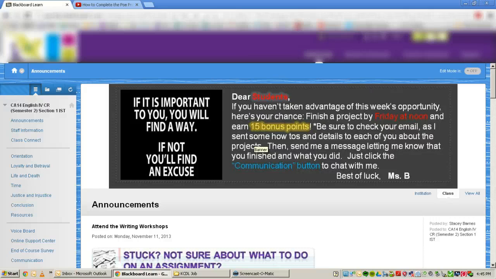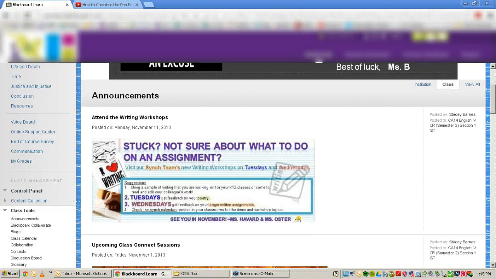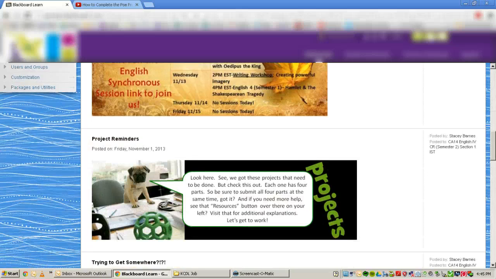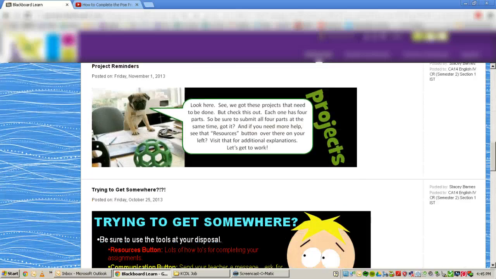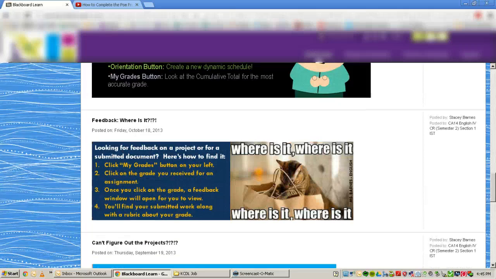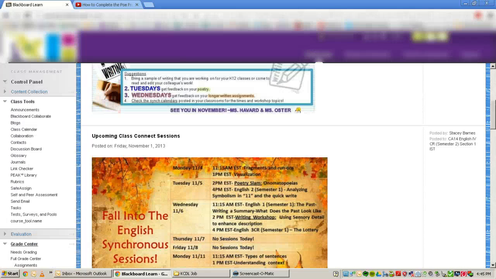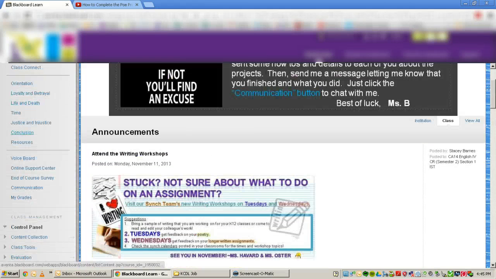When you come on our home page, please make sure that you read the old announcements. By just scrolling down, you can see that there's more about the projects, more about the buttons, more about how to find feedback. So check those out. The second important item in our class that you want to look at is this button